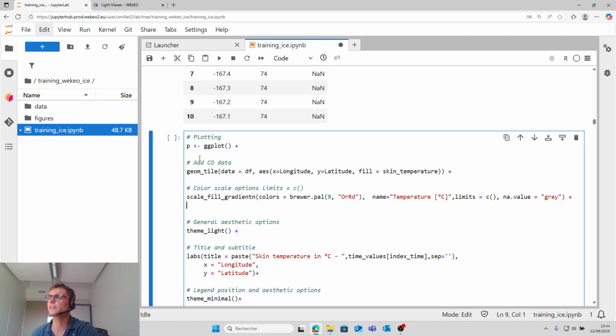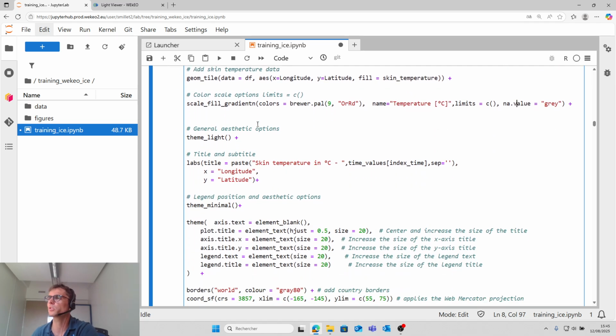And finally, we make a basic plot thanks to the function ggplot. We add the data frame thanks to the function geom_tile, so the data frame with longitude, latitude, and the skin temperature. Here it is for the color scale option. So we put the color palette here, the name of the color palette, the limits, and the non-value in gray.